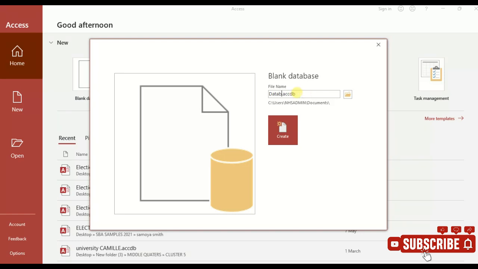Let's say we're going to call it web design. Good. So we're going to call this database web design, and please note carefully, unlike other applications, take for example Microsoft Word,